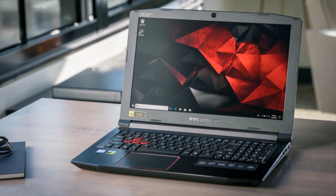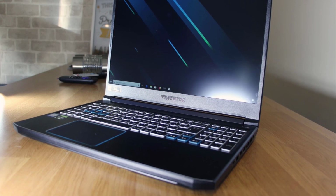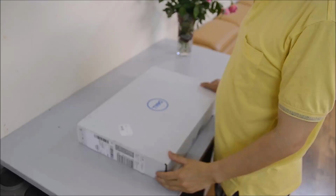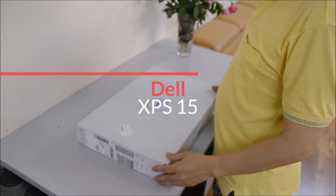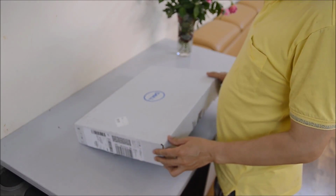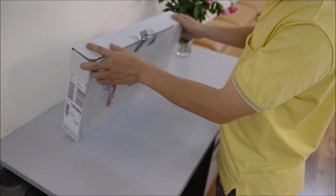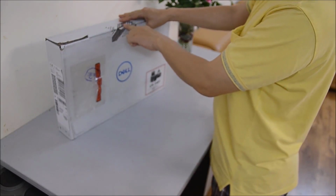Overall, the Predator Helios 300 has a few flaws, but compensates with plenty of power for professional creatives and mid-range gamers. 3. Dell XPS 15. Dell Inspiron 15-7000-7573 is a late 2019 release 15.6-inch 2-in-1 laptop with an impressive 4K Ultra HD touch display with active pen,